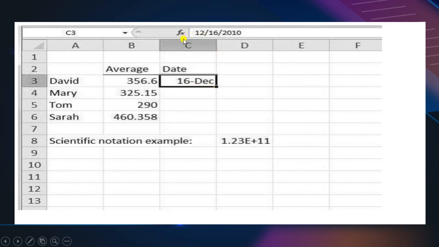But in the formula bar at the top of MS Excel, in front of FX, there is a white box. You can see there 12/16/2010. This is the default format of the MS Excel date.